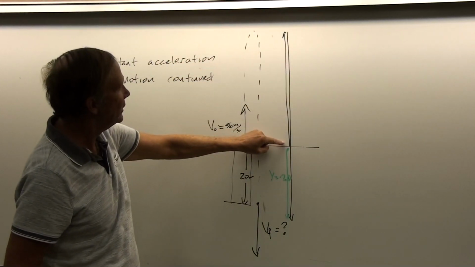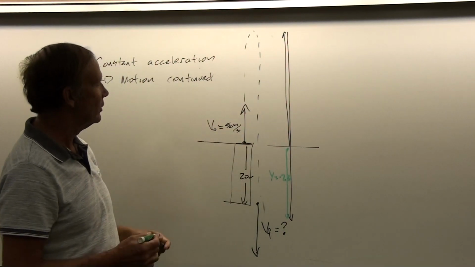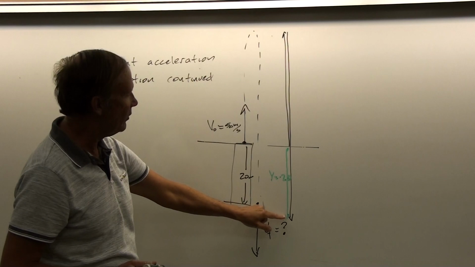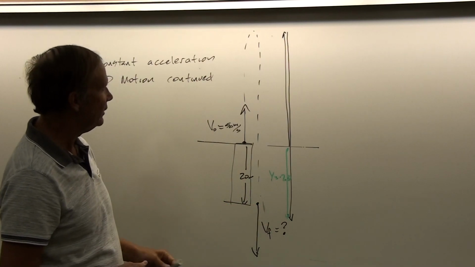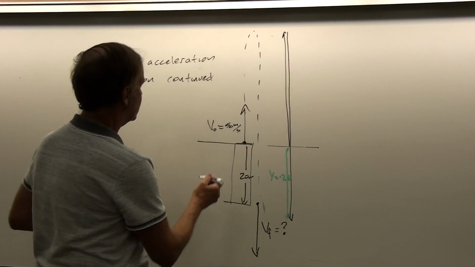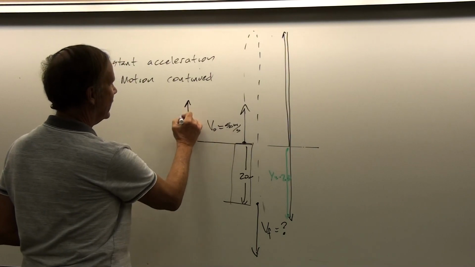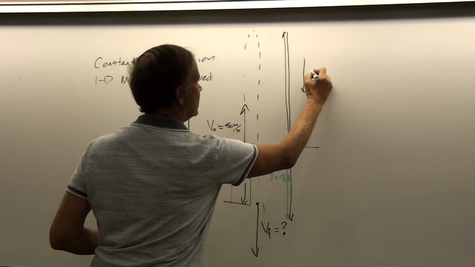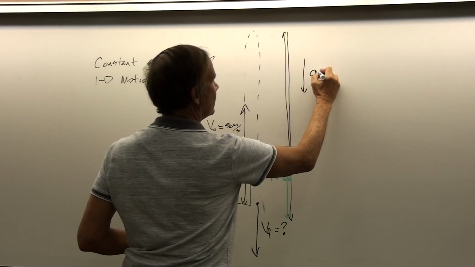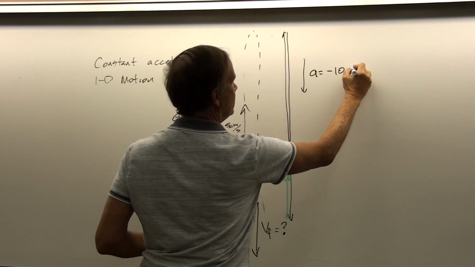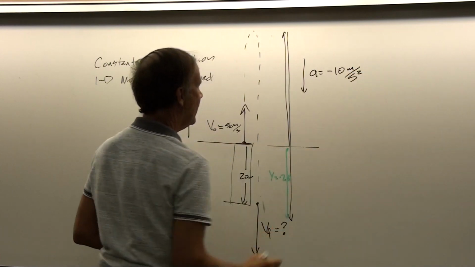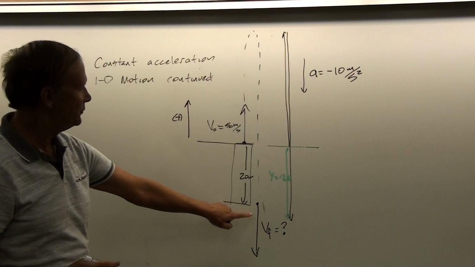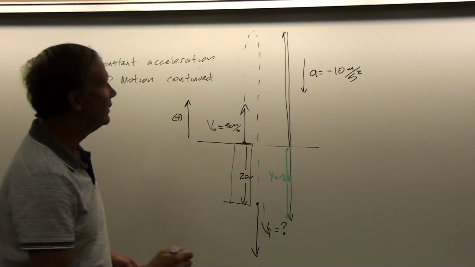But in this case, we don't really necessarily need to work with that if we don't want to. We can just use the fact that the net y displacement is negative 20. And so here we would define a positive direction as up. The acceleration due to gravity would be down, and that acceleration would be minus 10 meters per second squared. And so really now we have enough information to find v final.